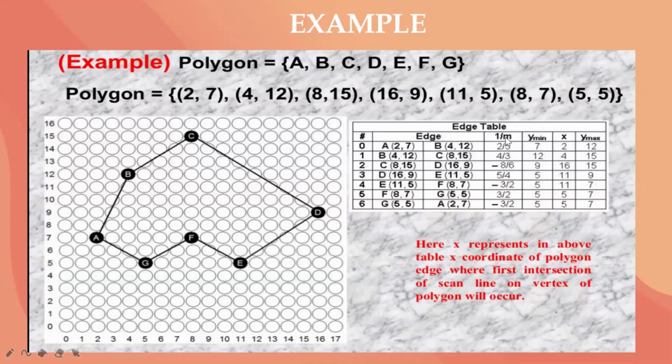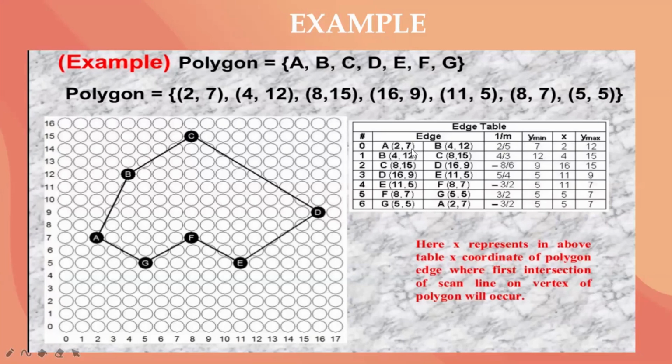How are we going to calculate? What is the formula? I have told you: y2 minus y1 divided by x2 minus x1, where the points are (x1, y1) and (x2, y2). So you have to do the difference and find out the value. Okay, so till here you can do that.